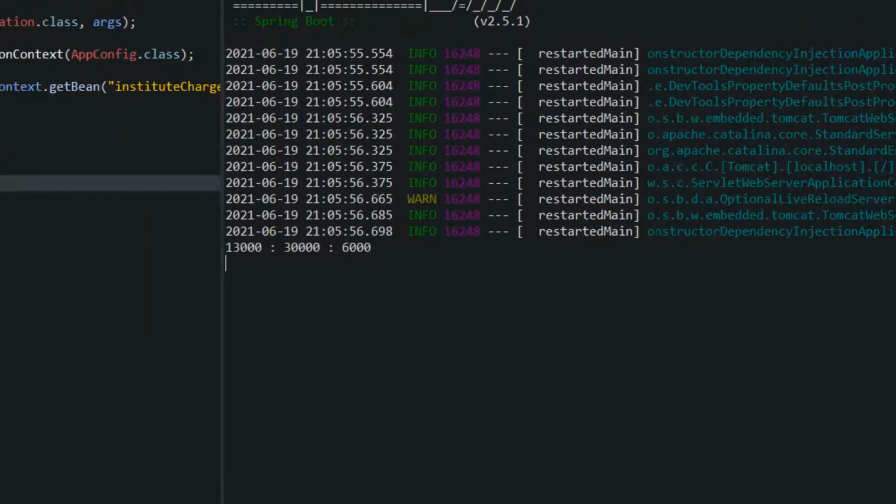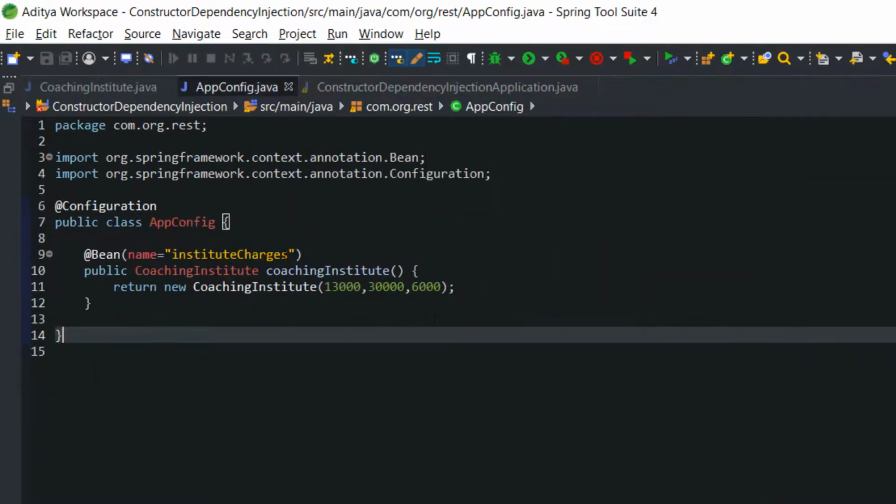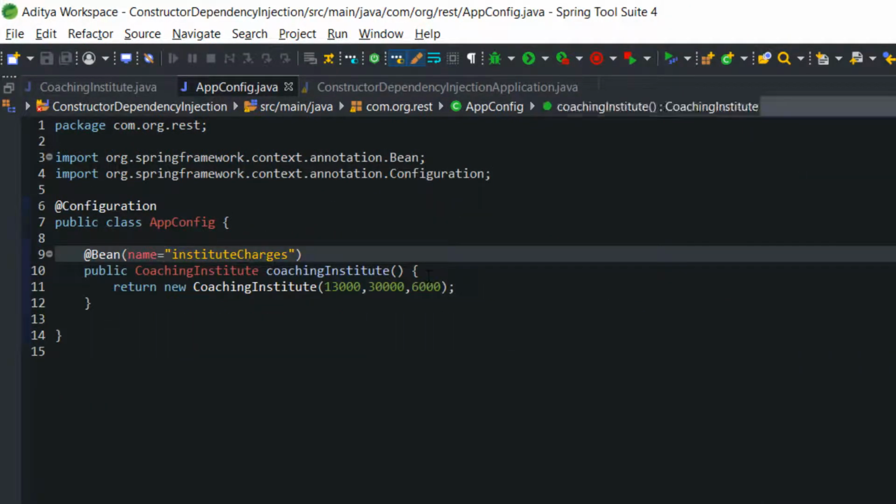If you want, you can give more than one name in the configuration file. I have given name equal to institute charges. I wanted to give one more name. For that, I will use double braces here, and let's say, since this is a dependency of the IOC container, I write here constructor dependency injection.